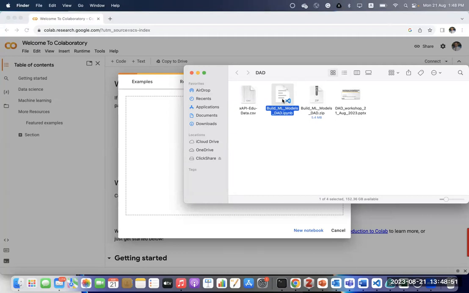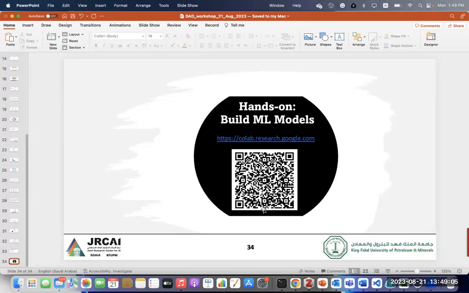Once you download the material, because it is compressed, you need to extract these files and then move to Colab. You have to open the Google Colab Research link and then upload the data.